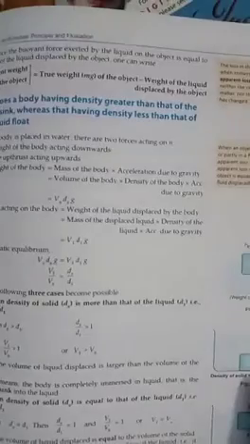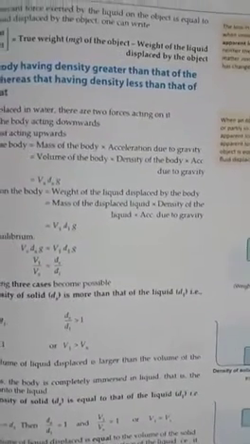and G is the gravitational constant. At static equilibrium, when the body will just touch the liquid surface, at that situation we can write Vs ds G, that means volume of solid times density of solid times gravitational force, equals volume of liquid times density of liquid times gravitational unit. Cancelling G on both sides, we can write VL by Vs equals ds by d1.